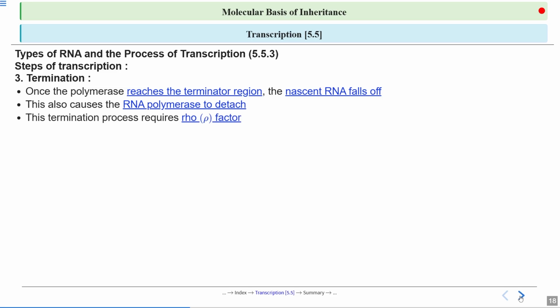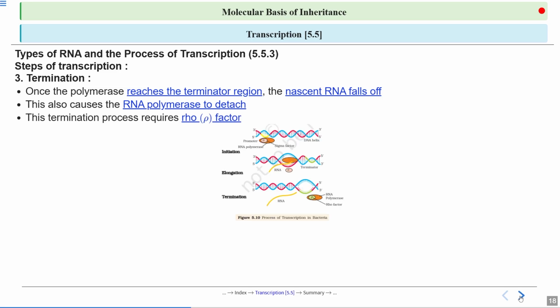This termination process requires which factor? Rho factor. So just like the initiation part where the RNA polymerase required the sigma factor, in termination the RNA polymerase is going to require the rho factor. So what will happen once the polymerase reaches the terminator region? The nascent RNA which is formed,